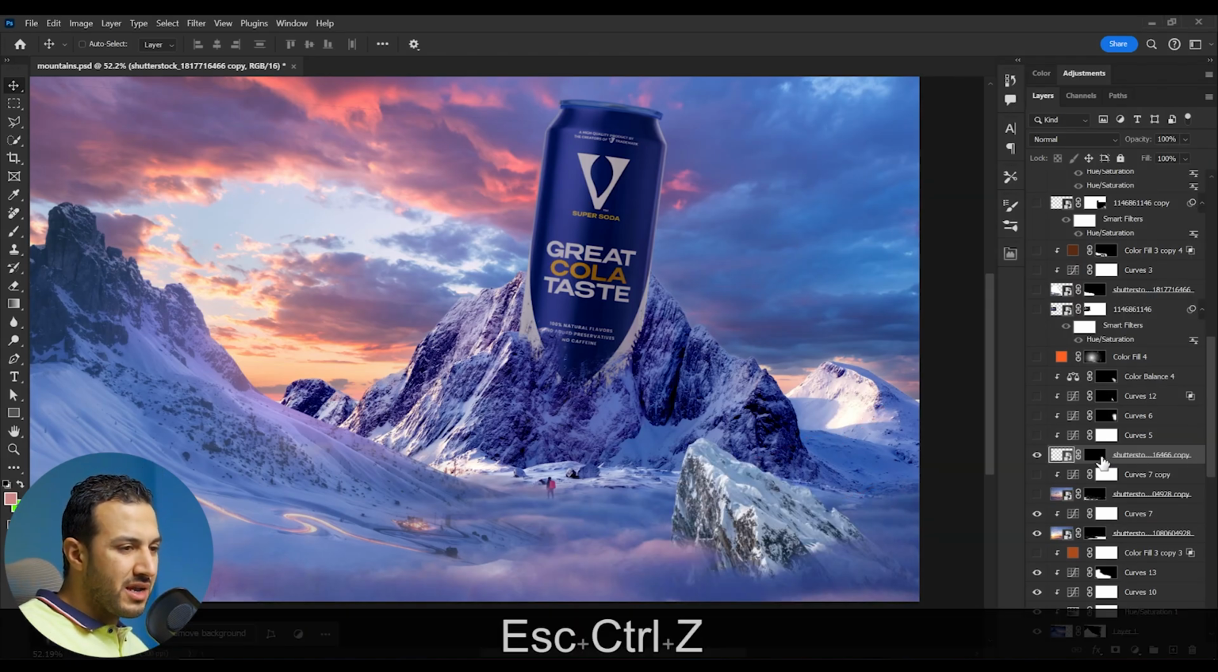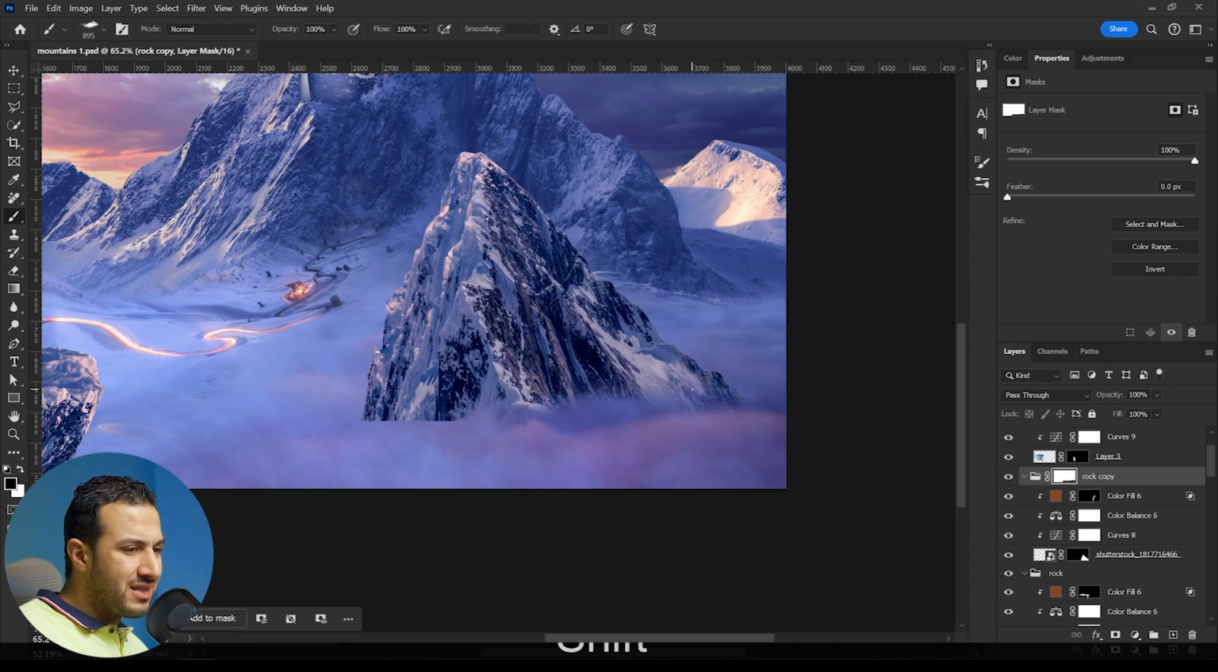So I started to put it like this and started to select and mask it using some clouds, the same